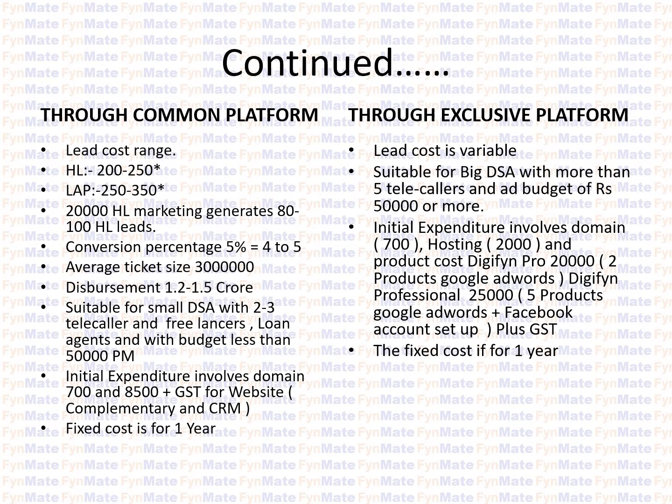Assuming there is 5%, so the conversion is a little bit higher, but I'm still taking 5%. Assuming a 5% conversion and an average ticket size of 30 lakh rupees, you will convert 4 to 5 files of 30 lakh rupees. That means you will end up with a disbursement of 1.2 to 1.5 crore rupees of business. So 1.2 to 1.5 crore, if we consider 0.5 to 0.75% of payout, you end up making approximately 75,000 to 1 lakh rupees of income.